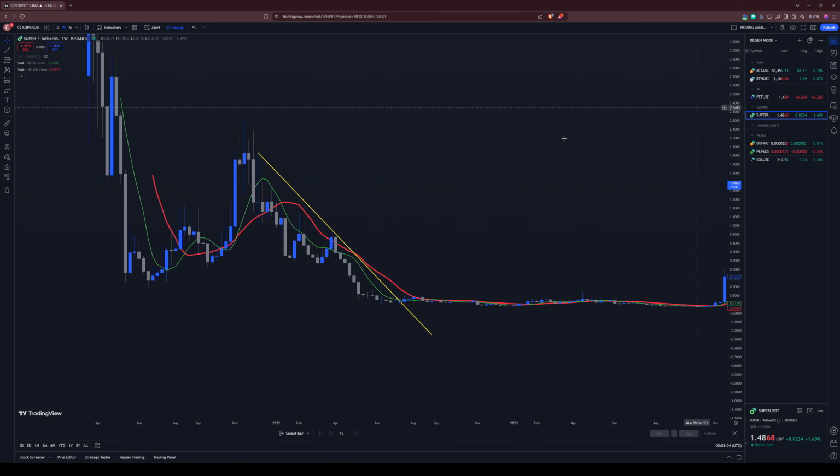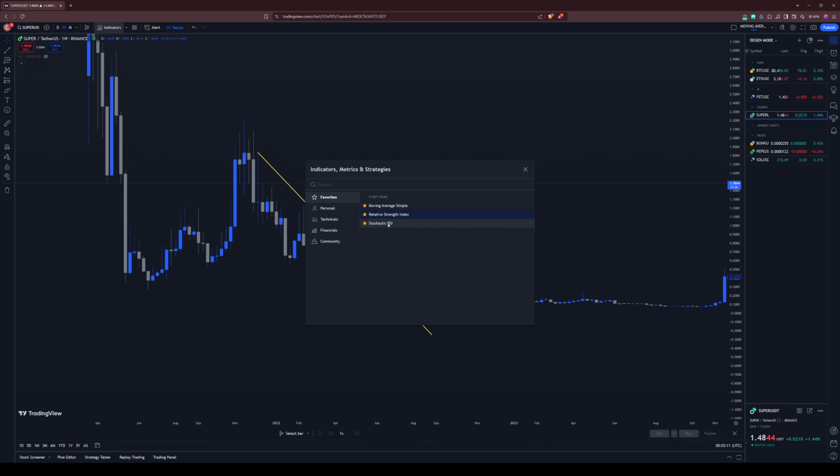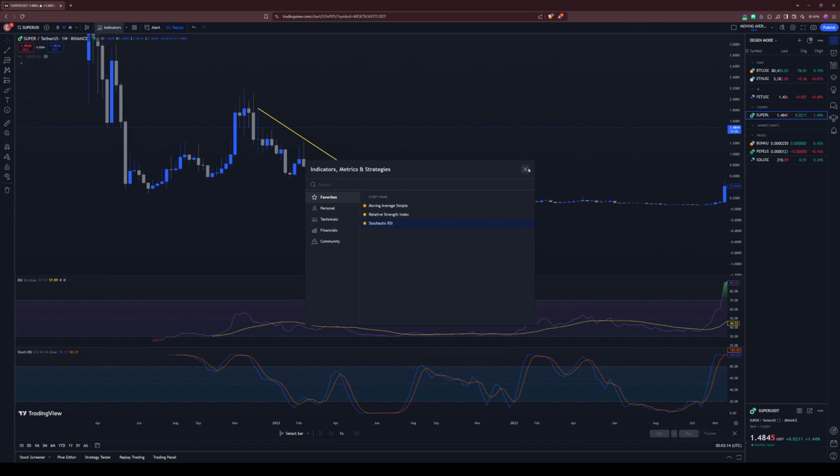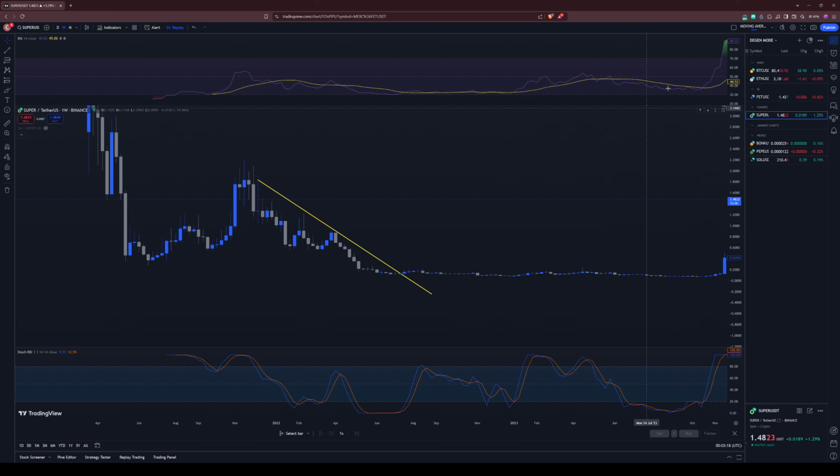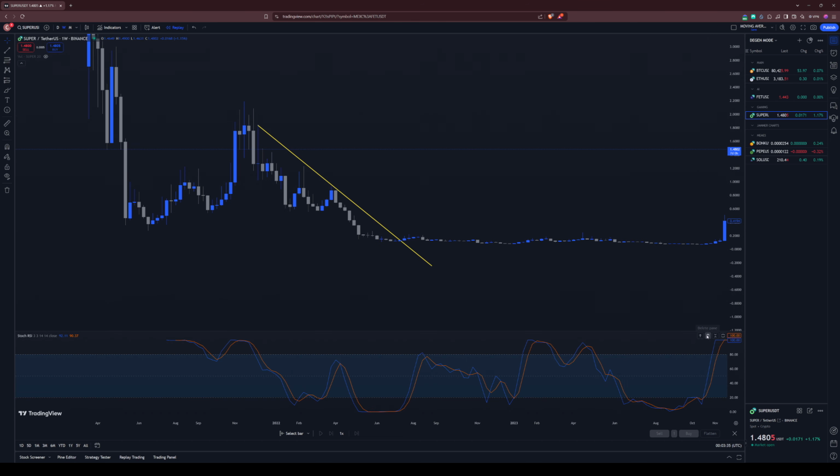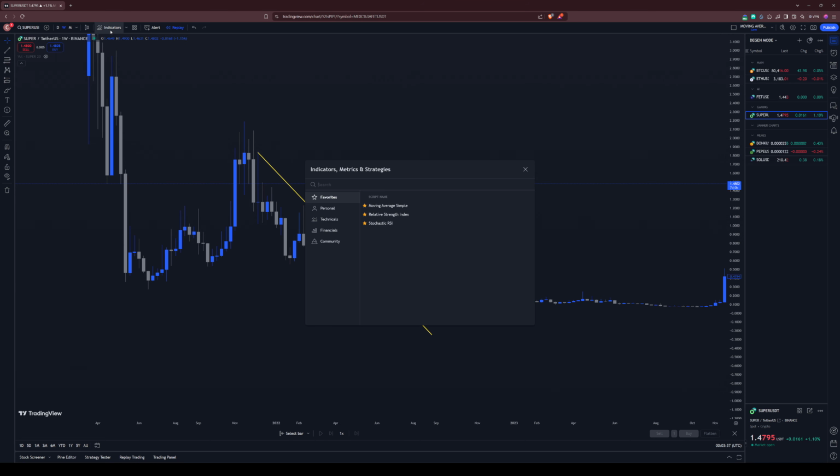So if you remove these by clicking the delete, and then add relative and stochastic, and then move this back up there, however you want to set it up, and then go back here and then go to moving average, turn that off too, autosave. Moving average strategy, click that, and nothing happens, so that doesn't work. All right, so